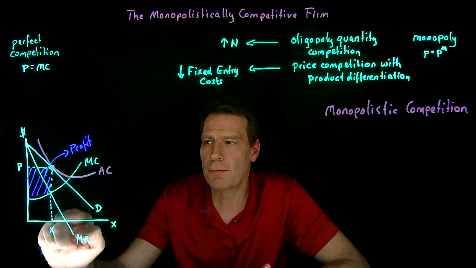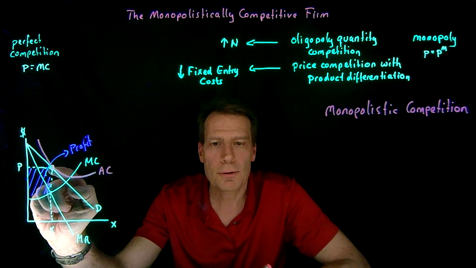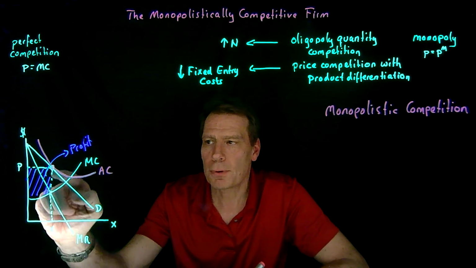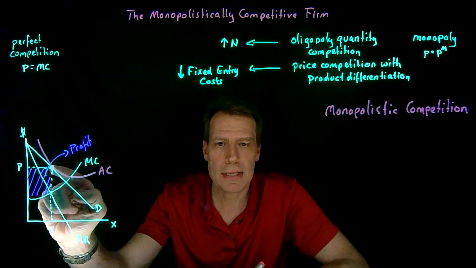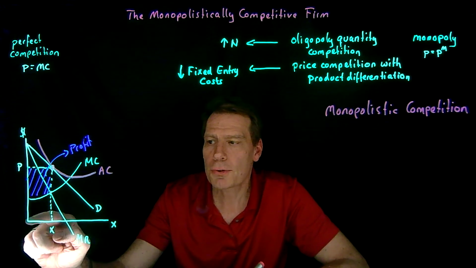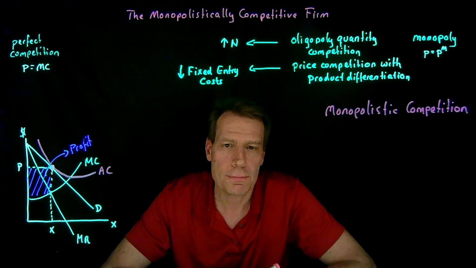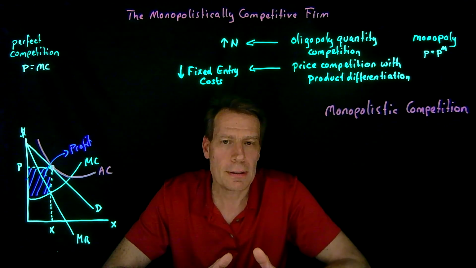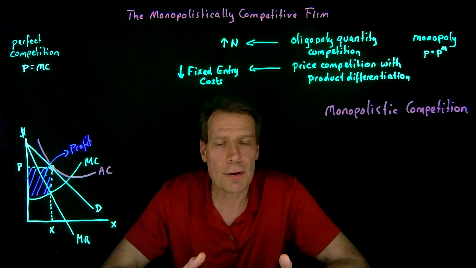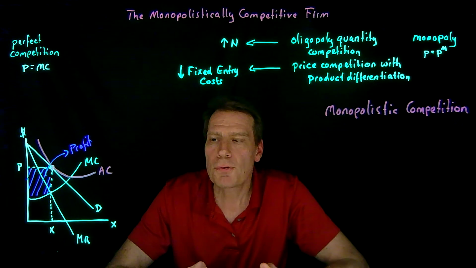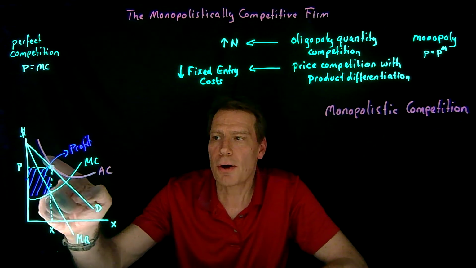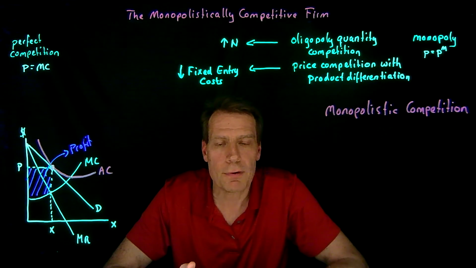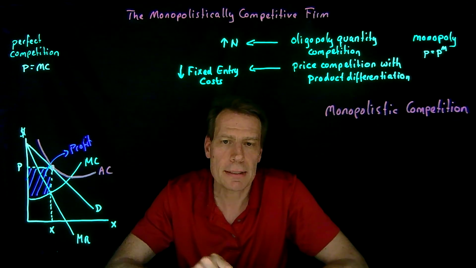So we know that's our total revenue box. We can subtract from that the total cost including the fixed cost by multiplying the average cost times output. And if the average cost curve is tangent at this point, then the total cost curve will be exactly equal to the total revenue curve. In other words, the firm would make zero profit by entering into the industry once it takes into account that fixed entry cost. So for the firms outside of the industry, the average cost must look something like this, maybe be slightly above, so the firm would actually make a negative profit by entering. But it would look something like that.